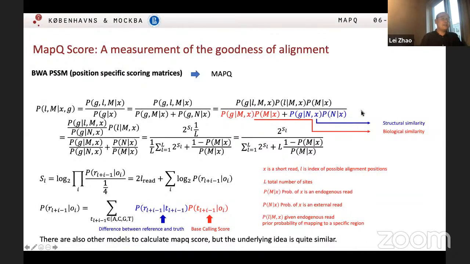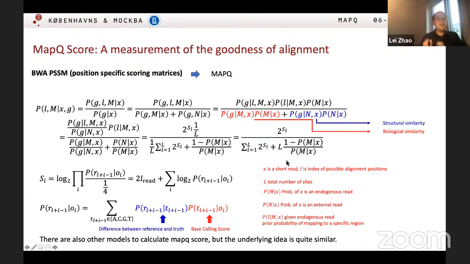Once you calculate this, and if you do some trick, previously when we calculated the structural similarity, we got this false multiplied together. If we divide the false by the probability of the map quality scores multiplied together, we get this kind of value to make the computation simpler. But the basic idea is the same. Based on this, you can know for a specific read the probability that it comes from a specific location along the reference genome.